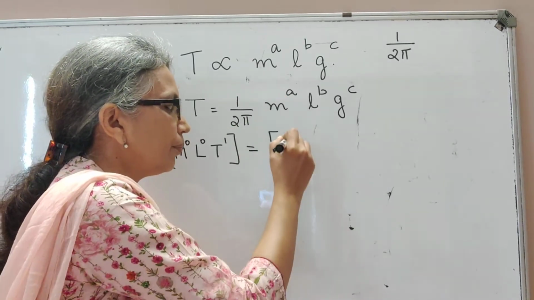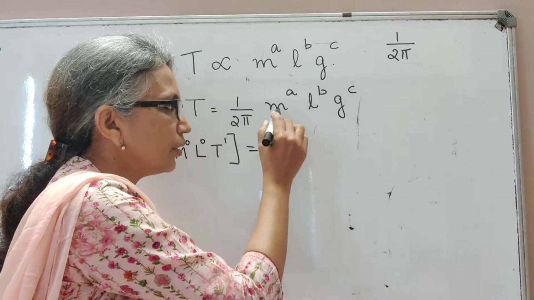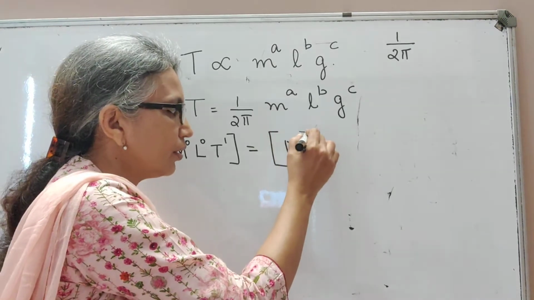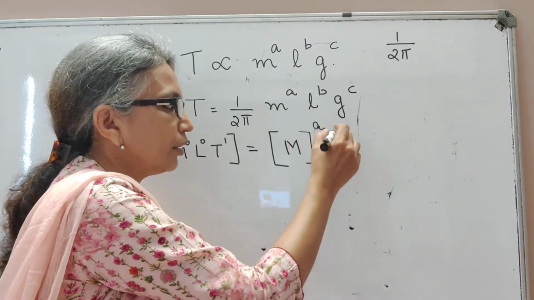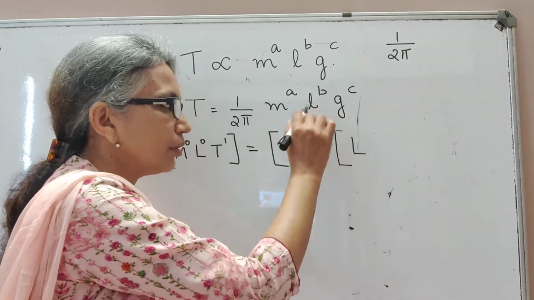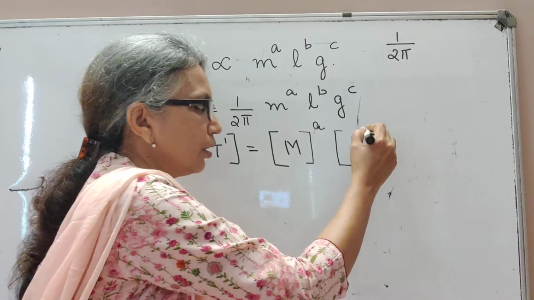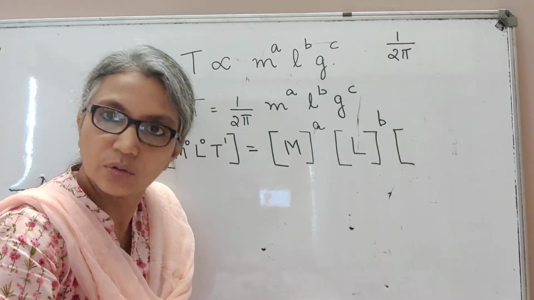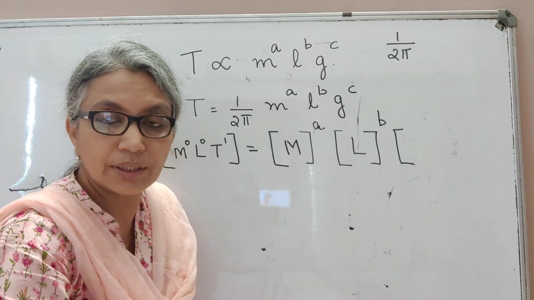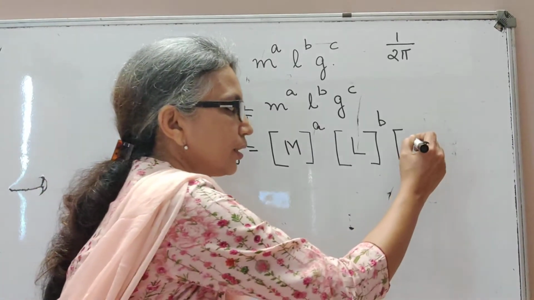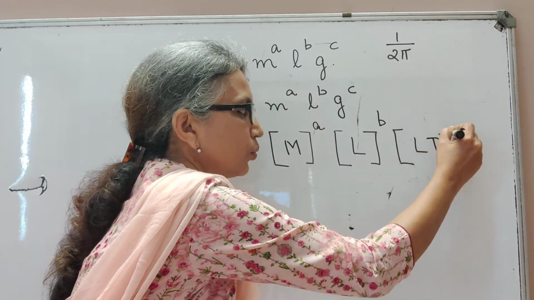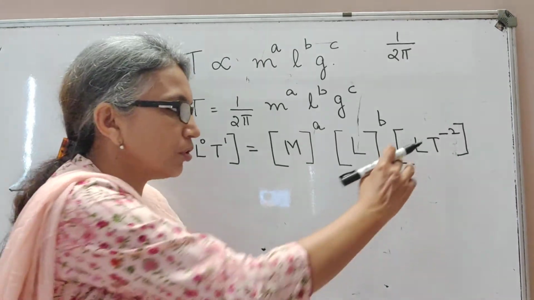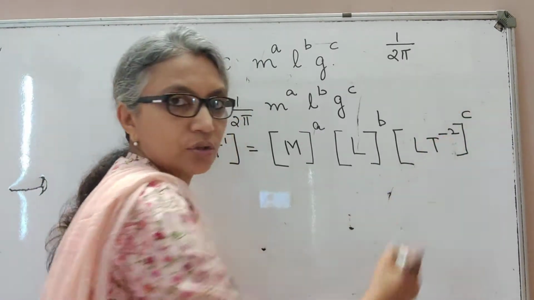Then we have m, this is mass, so the dimensional formula will be M, length is not there, time is not there, raised to A. Length would be just L, because mass and time are not there, raised to B. And this we said is acceleration due to gravity, which is simply acceleration, and in that table that I sent you, please check, acceleration is L T raised to minus 2. Mass does not appear for acceleration. It is displacement by time into time. So length, L T raised to minus 2, this raised to C.